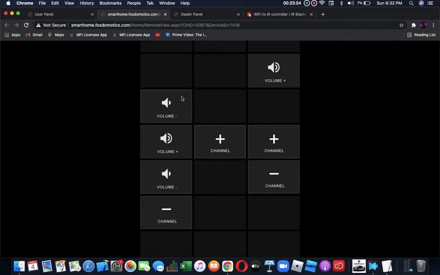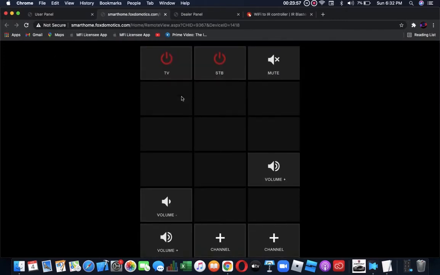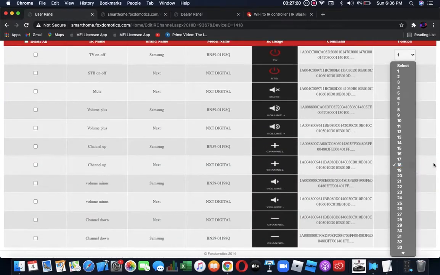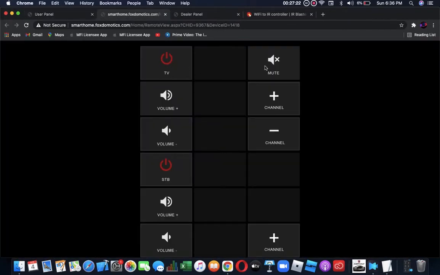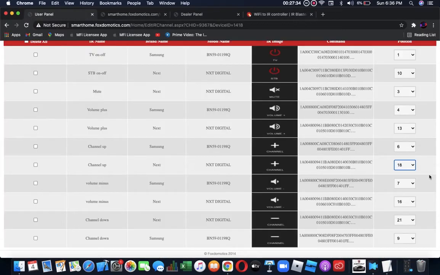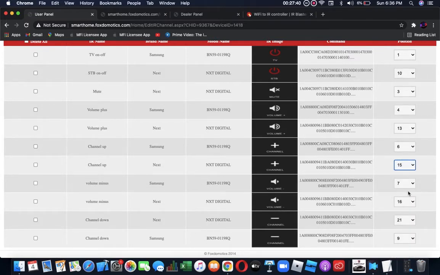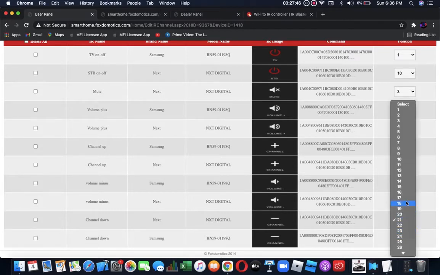So I'll do one thing, I will align one after the other. We'll first keep the TV and then we'll keep the STB. So let's do it here in bulk edit. TV on off, channel up down, 3, 6, 9, 1, 2, 3, 4, 5, at 15 position, and channel down 18 position.